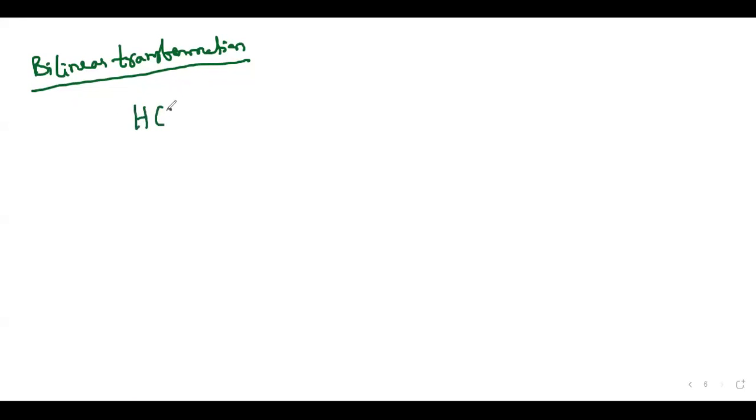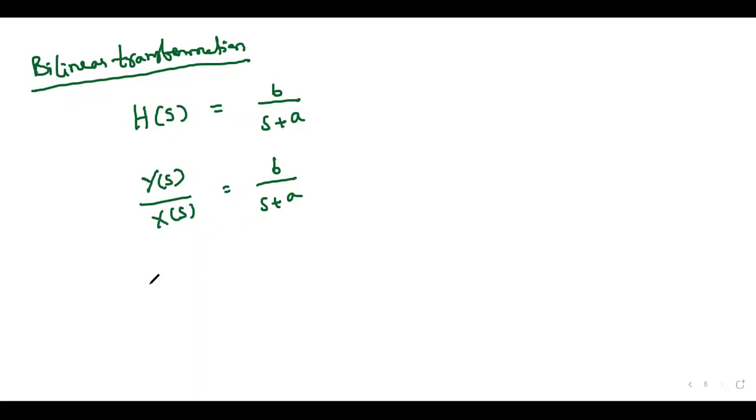For that, I will assume the analog filter transfer function H(s) is equal to b by (s plus a). So say this is my transformation. Don't feel that it is looking simple, it will be applicable for all also. That's why, for the transformation derivation, I have taken a simple format, b by (s plus a). This H(s) is nothing but output by input. So if I say output is Y(s) and input is X(s), this can be written as b by (s plus a).